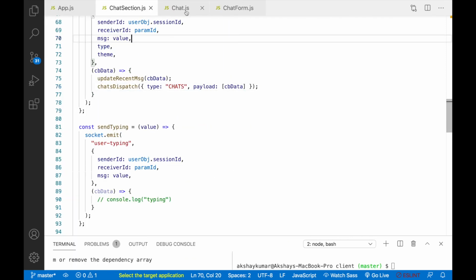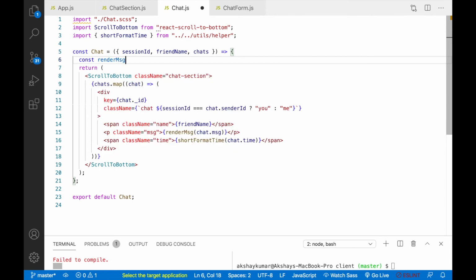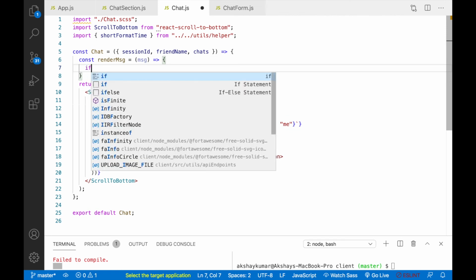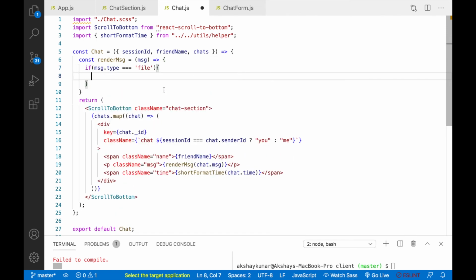And the second one is inside chat.js, when we are loading this chat.message, we have a type also, right? On the basis of type, we'll render the message. So here we'll create one method, a render message. We'll pass chat message inside that. So now we'll create this method here, const render message. So it will take message. Here we'll write, if the message type is file, then again we'll check if message dot theme is equal to